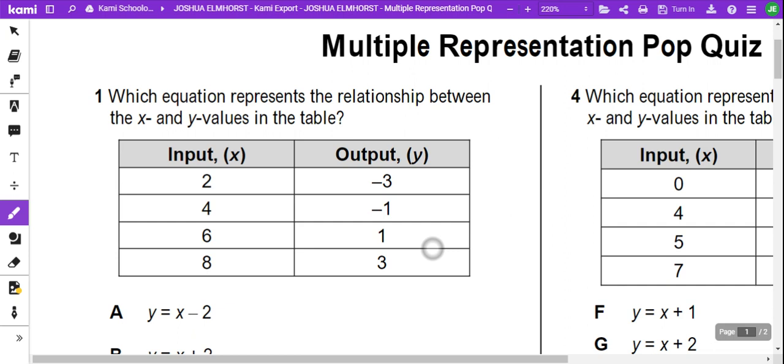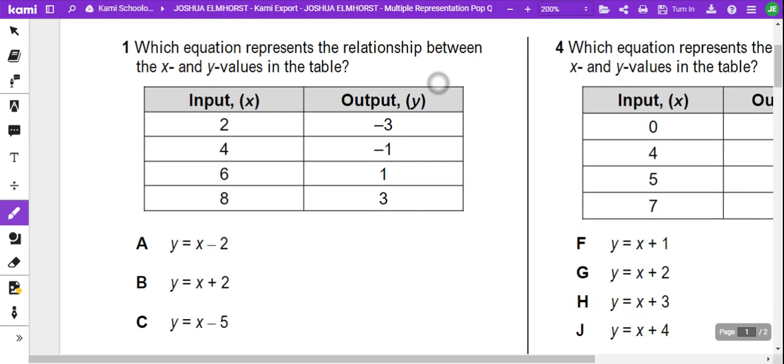Hey, this is Mr. Elmhorst with a sixth grade math test review for multiple representations. We're going to be looking at equations, tables, and graphs. So first we're looking at an input-output table, and we're going to be looking to see what is the rule